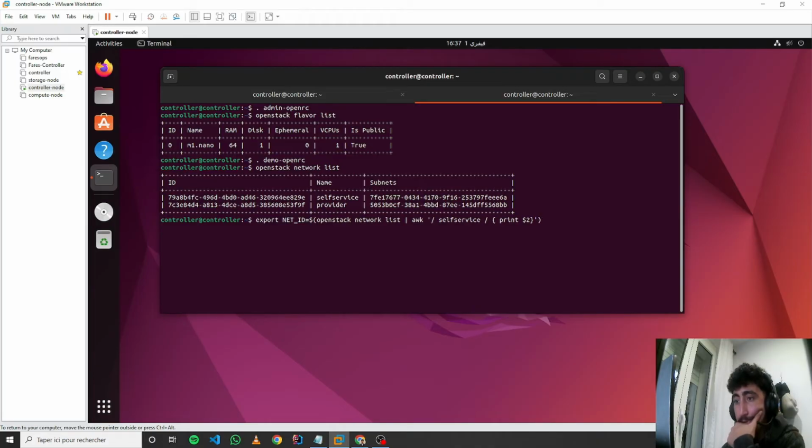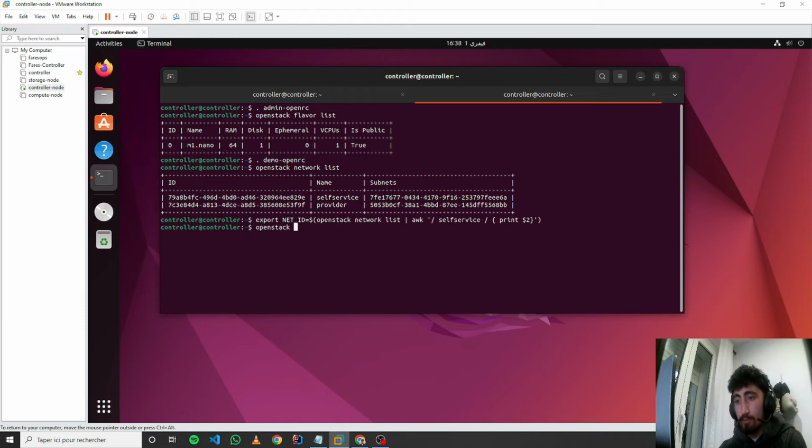Okay, let's check the command again. Export net ID equal to dollar OpenStack network list. Okay,